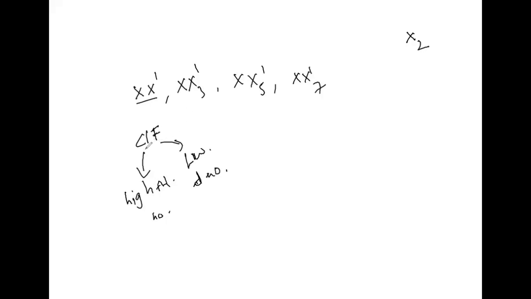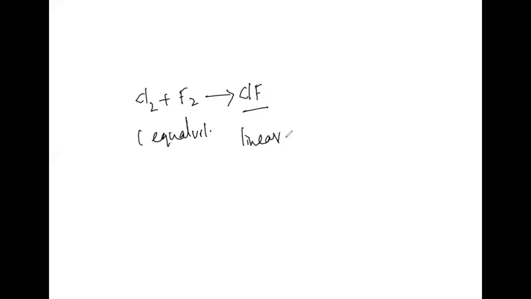That is the reason a polarity develops. Automatically it gets a negative charge and a positive charge. Easily we can see more reactivity in the case of interhalogens. Let us see some reactions. Cl2 plus F2, if you take both in equal volumes, it gives ClF. What is the shape of ClF? You can see a linear geometry.